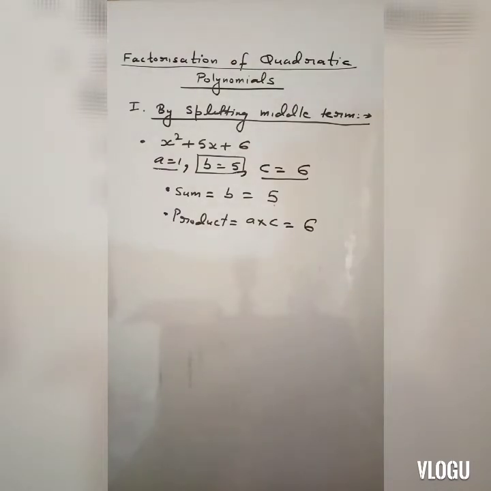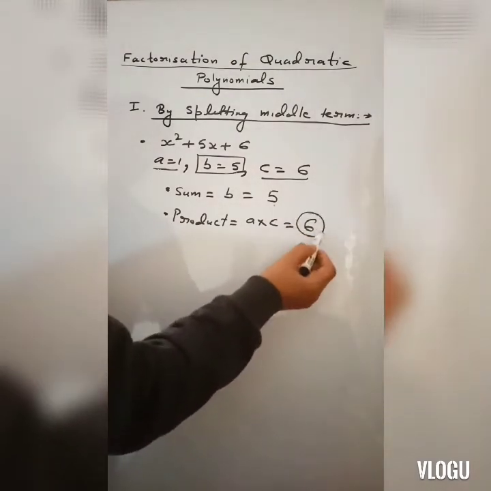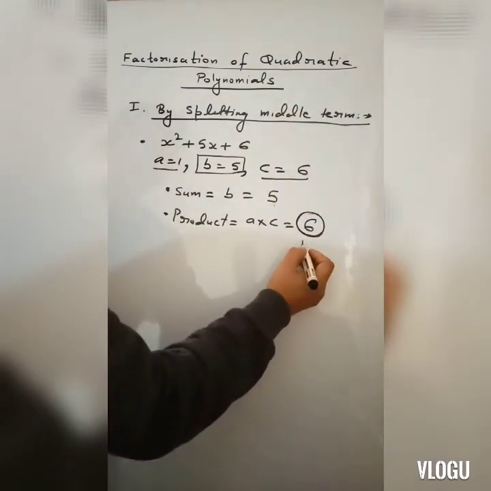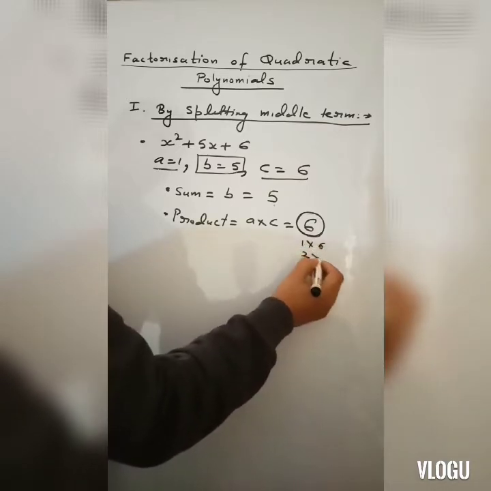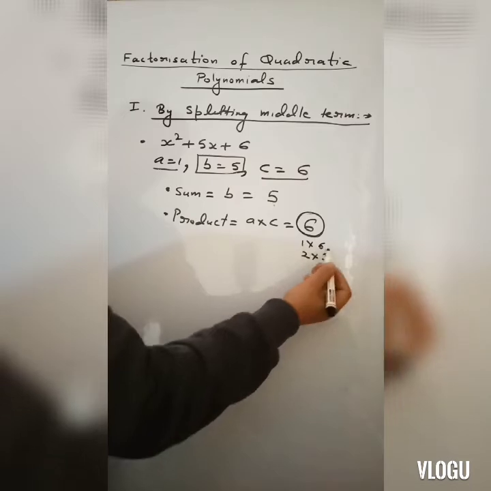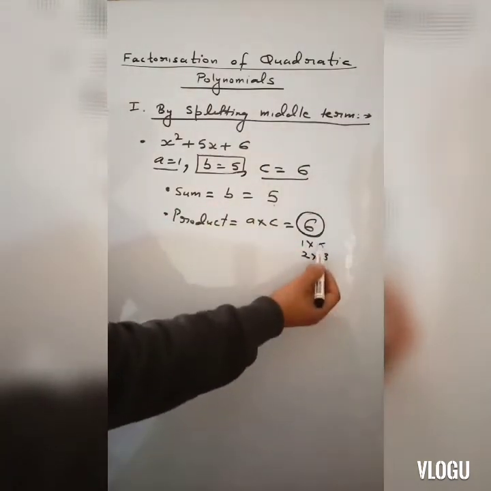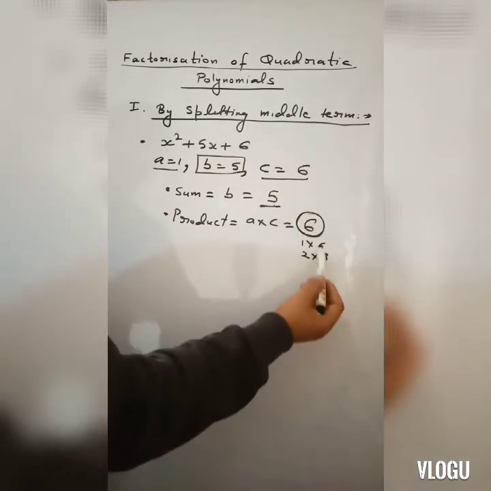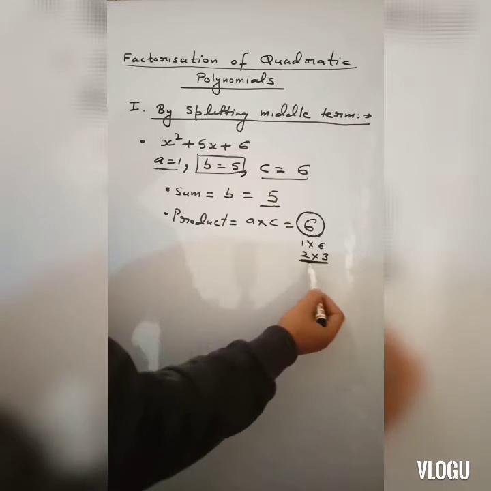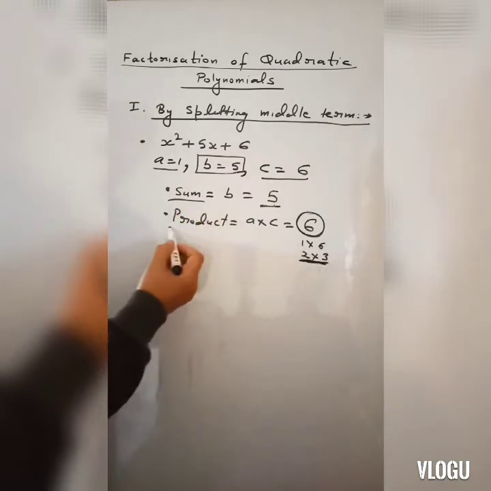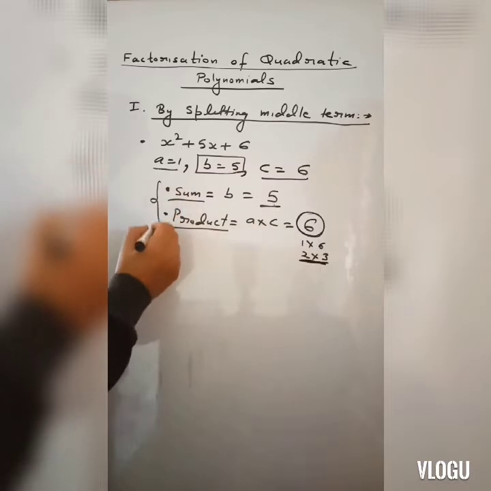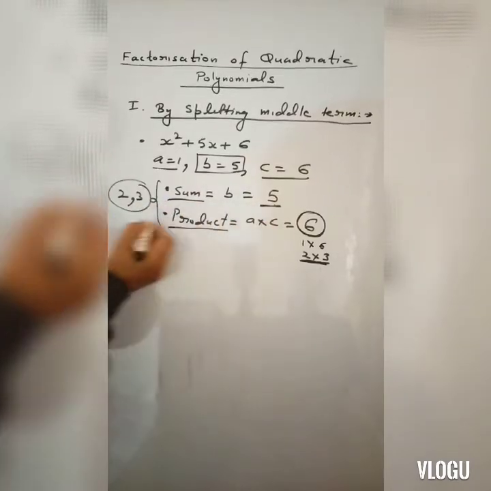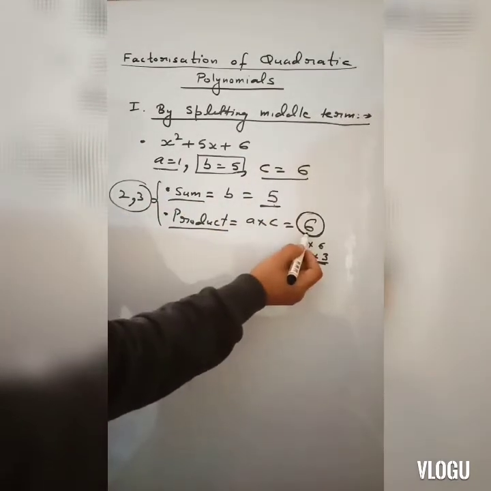And see how to find these two numbers. This product will help you to find those two numbers. Now see what you will do. You will see that 6 comes in which table, right? Start with 1, like 1 into 6, that is 6. Then 2 into 3, that is 6. 3 into 2, 6 into 1. So from these pairs, you will get one pair. You need two numbers whose sum should be 5. And here you can see that 2 plus 3 is 5. So according to your given situation, sum and product, your two numbers are 2 and 3, because 2 plus 3 is 5, and 2 into 3 is equal to 6.